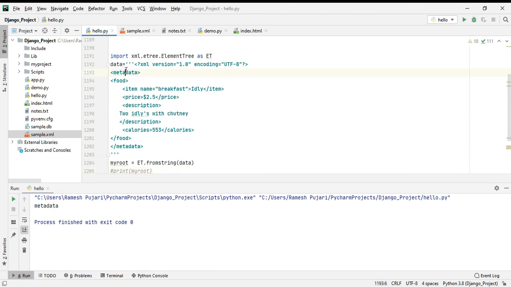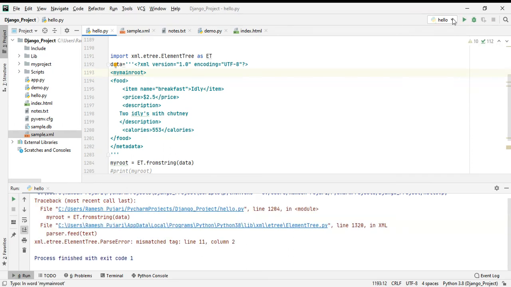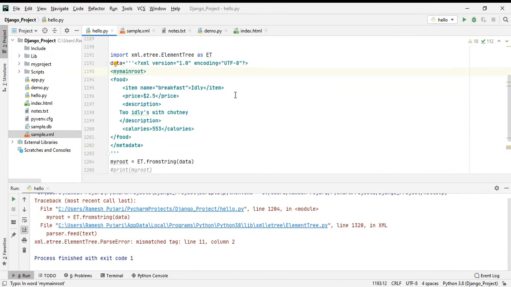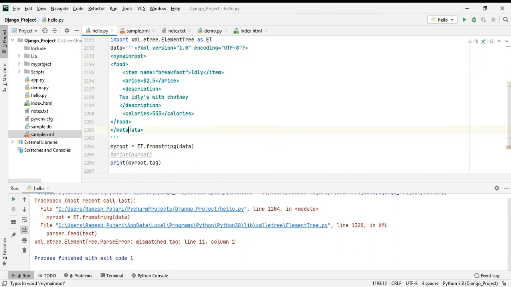Now let me change it and show an example of how it will show. This is my main root, so main root is the root name. So I will print the tag. Okay, mismatch, because we have to change it here also.